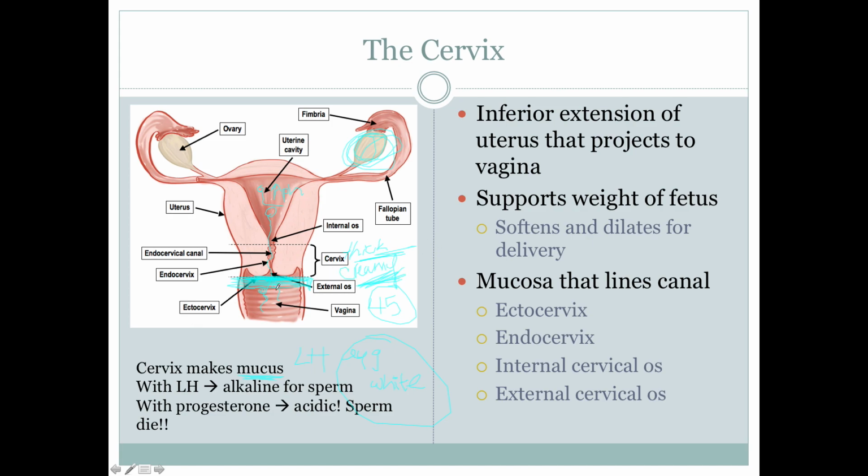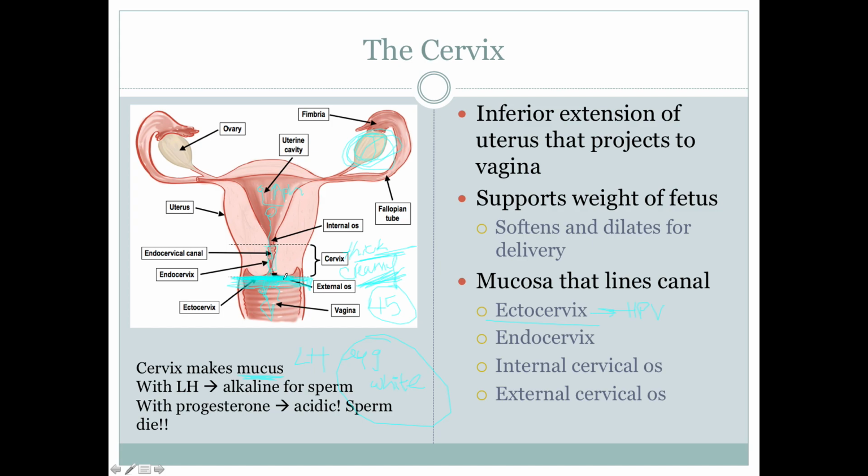Any changes to things that are released, any kind of fluids in consistency or color, you always want to encourage people to get that checked out because that can be a really early sign of something that you can treat. Okay, the mucosal linings, we've got the ectocervix on the outside. That is the part that is usually affected by things like human papillomavirus, HPV, or other types of disorders because it's right next to where the irritants would be. There's the endocervix, the innermost mucosal area, and then there is the os.